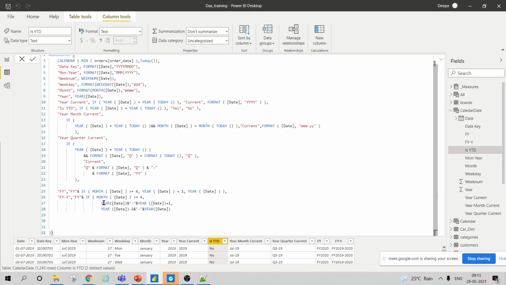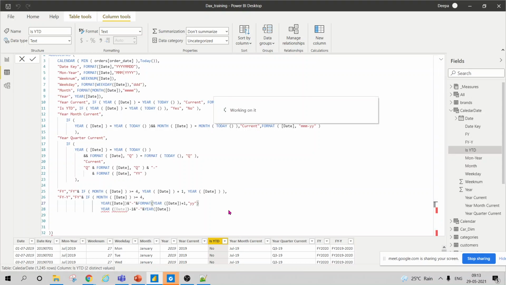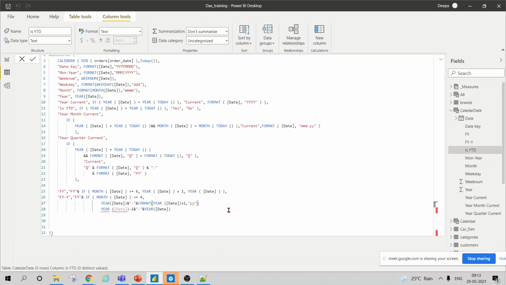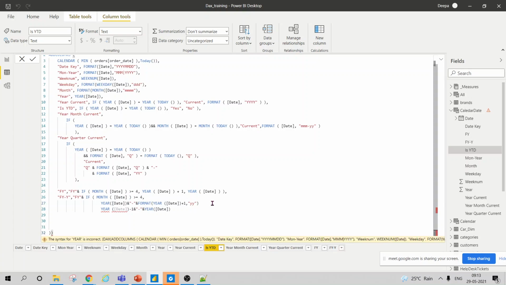Let me try, which I'm not sure if Power BI does that. Format this value in YY format, which I'm not sure. I didn't use a comma here.